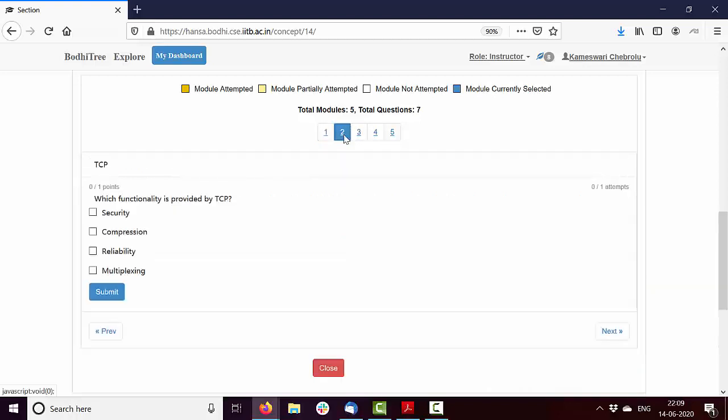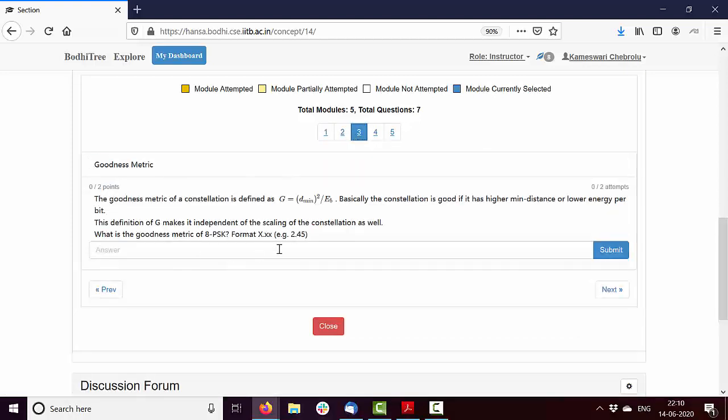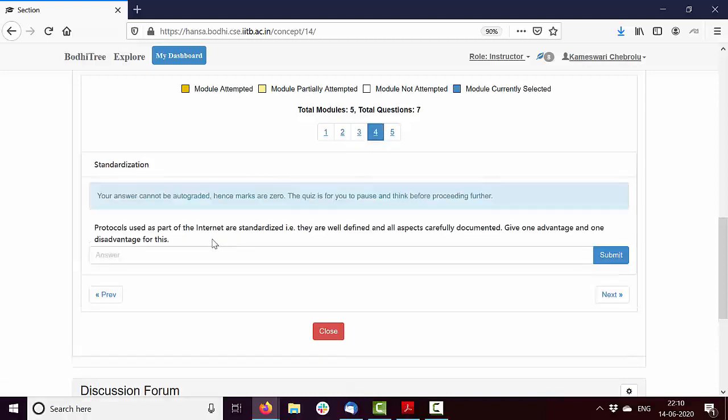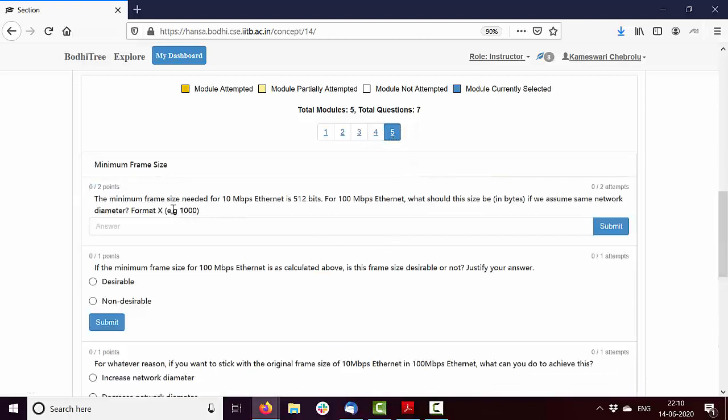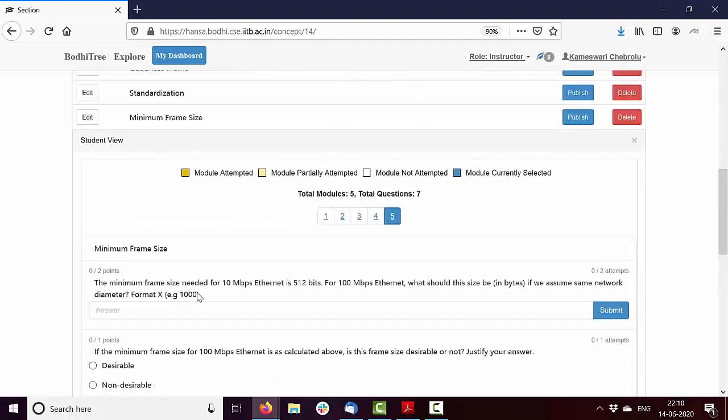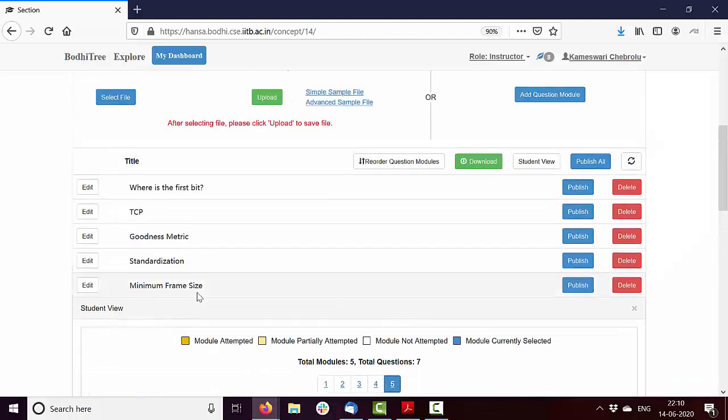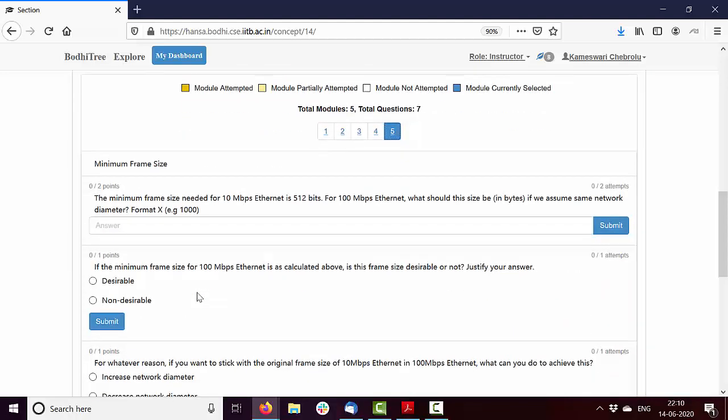This is a multiple choice question. This is the fill in the blank. You can see that it supports math equations. This is a subjective answer which cannot be auto graded. Often we set marks as 0 to indicate that type of questions. And this is a module where this module has 3 sub questions. So we support a variety of such question types, and once you're done with the student view, you can close